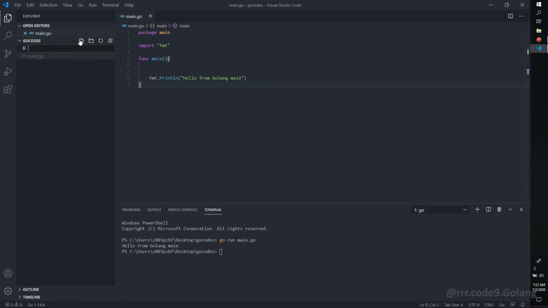Let's create another file under the same folder. I will name it check.go. Since it is under the same folder, Go course, we can name the package main. So let's give the package name as package main. Import the same fmt package, which is the inbuilt package in Golang, and define a function, func. I'll name the function check.